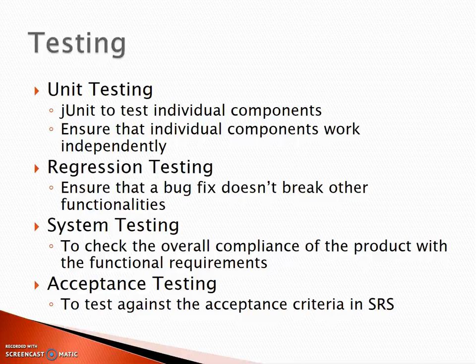So let's move on to testing. We will have unit testing, regression testing, system testing, and acceptance testing. Under unit testing, we are using JUnit to test individual components. It ensures that individual components work independently. Then under regression testing,